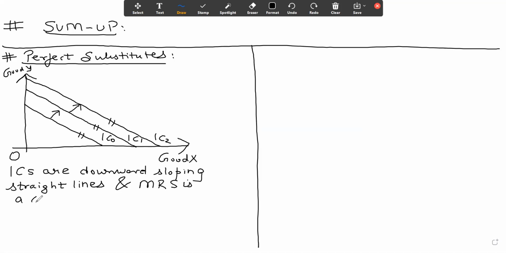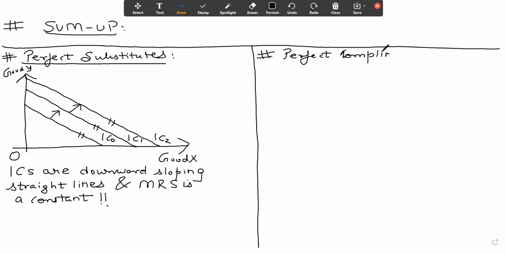MRS is a constant. ICs are downward sloping straight lines and MRS in this case is a constant. Okay, and in the case of perfect complements, what we have learned,